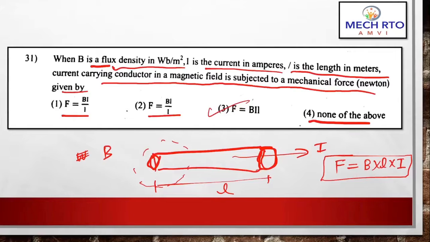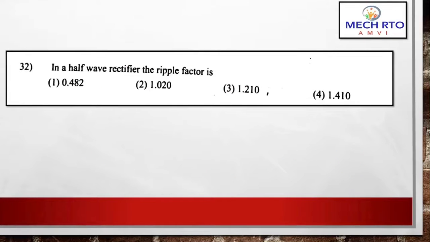Now moving on to the next question. In a half wave rectifier, the ripple factor is: the options are 0.482, 1.020, 1.210, and the fourth is 1.410. Now here the correct answer is 1.210, right? So we are going to see what the ripple factor is for different rectifiers, that is half wave and